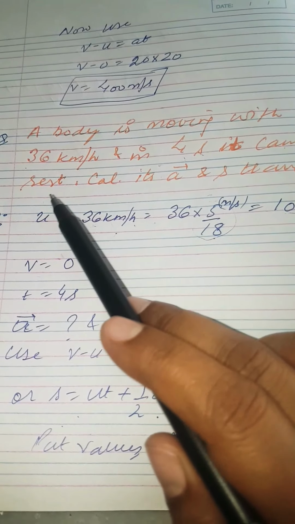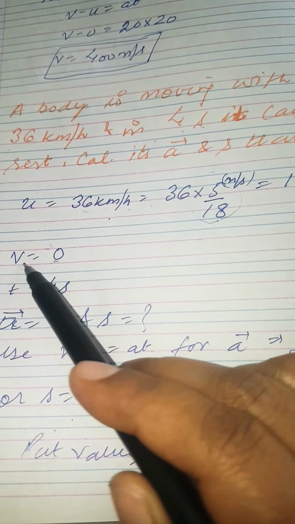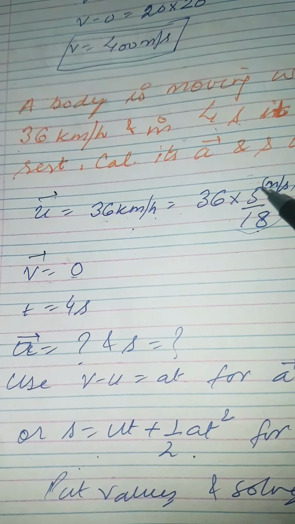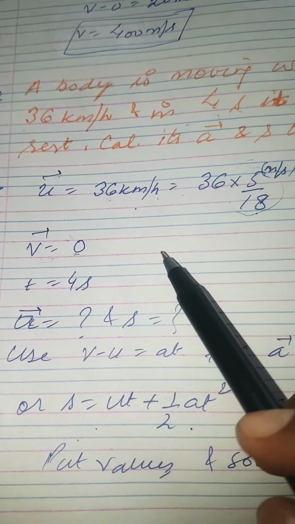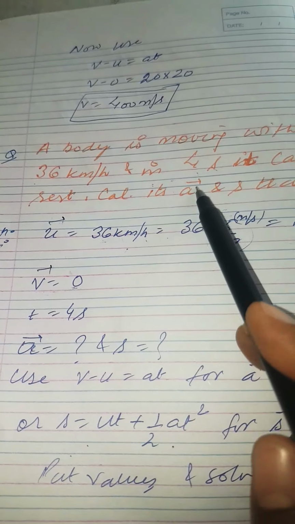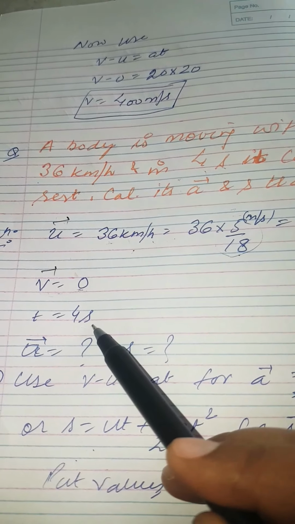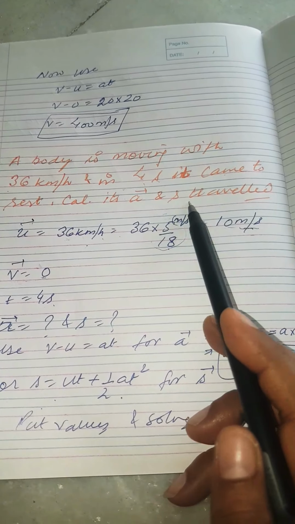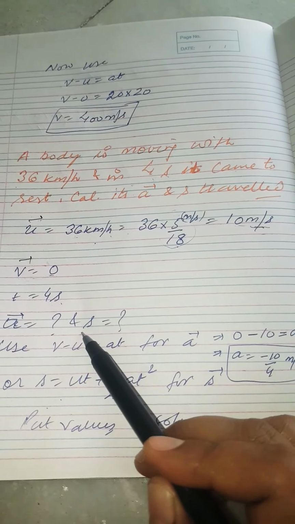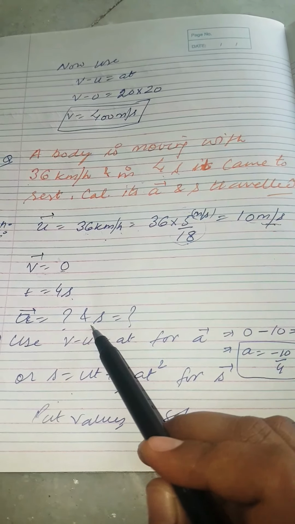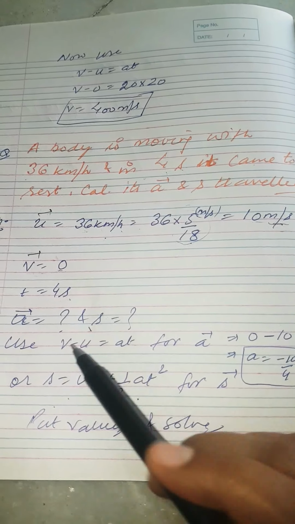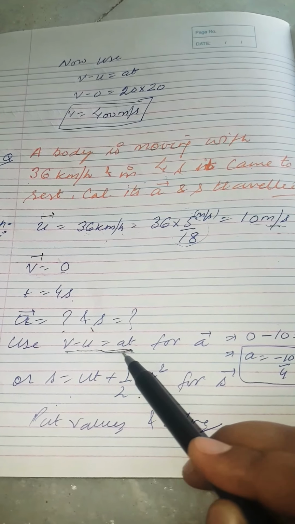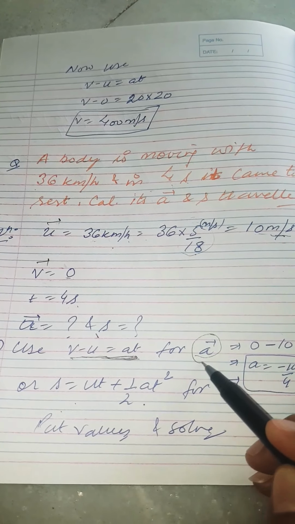So it came to rest. It came to rest means final velocity becomes 0. These are actually vectors. Sometimes I forget to put the vector sign, but you have to put the vector sign. So time is given as 4 seconds. What we have to find is acceleration as well as distance traveled, a and S, question mark. So what is given to us: u, V and t. So simply which equation are we using? V minus u equal to at, we use first